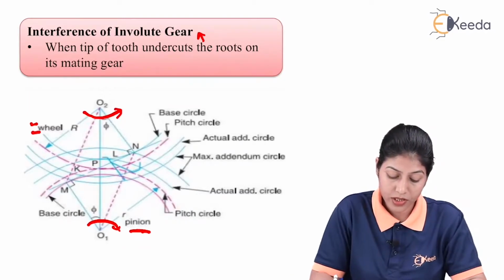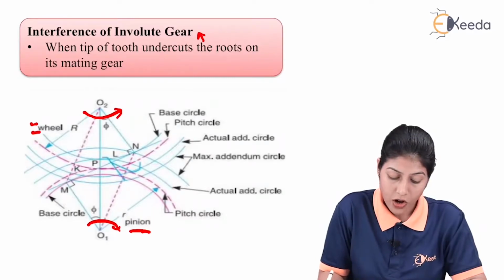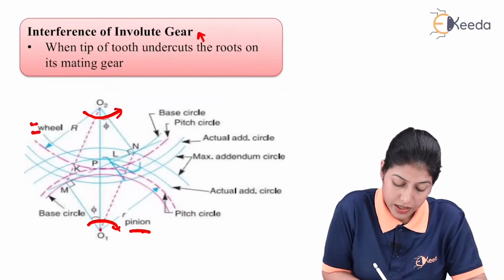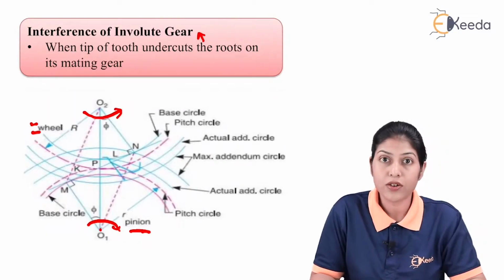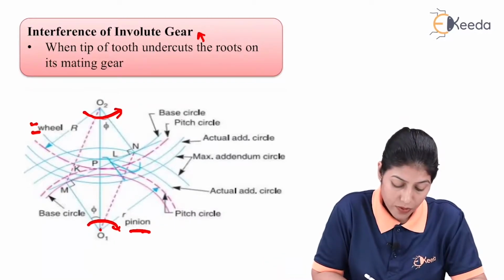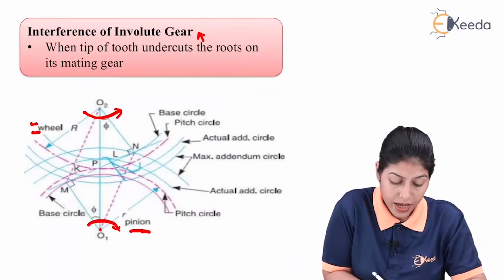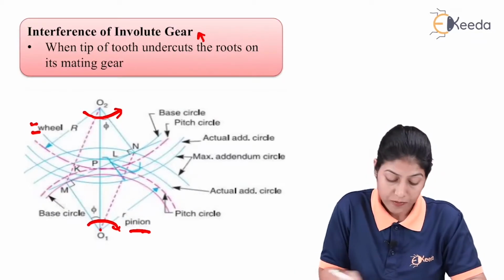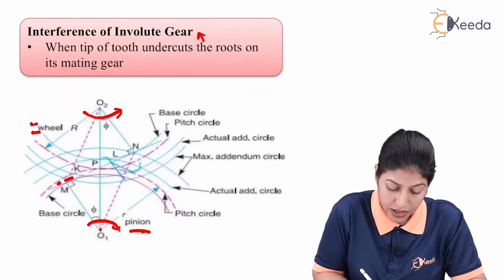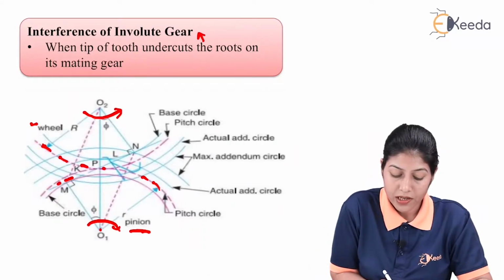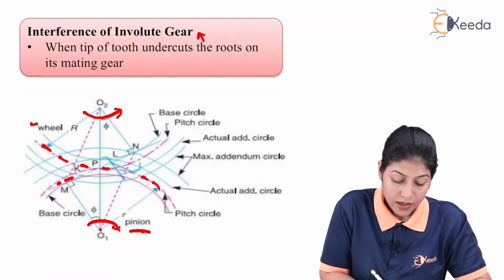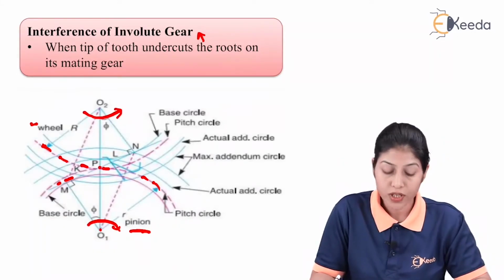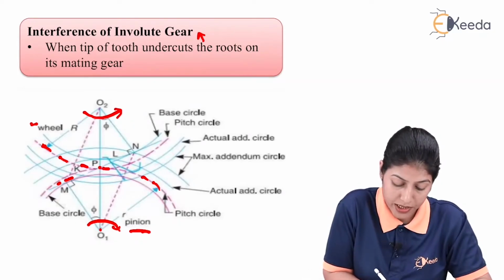And these are the terms related to pinion and wheel contact. Here we are considering centers O1 and O2. O1 is the center of the pinion and O2 is the center of the wheel. We have one base circle for the pinion gear and one base circle for the wheel. Here we consider the pitch circle, and both the gears are in contact at the pitch point. With the help of the pitch circle we can define the point of contact between these two gears. P represents the pitch point.